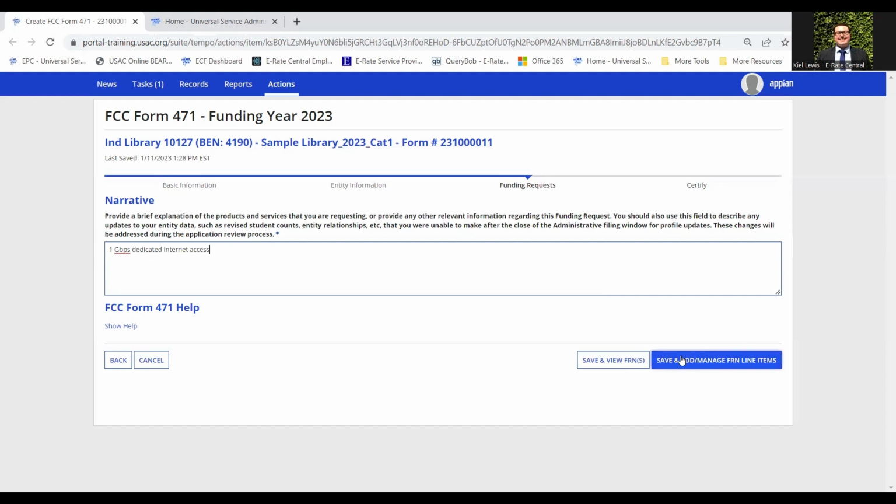But it can be as simple as that. Go ahead and click on Save and add